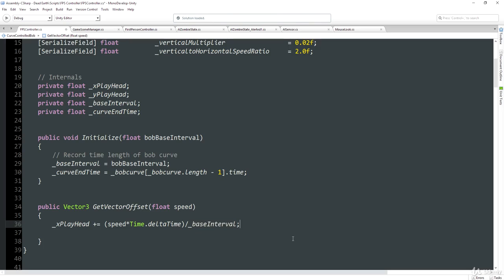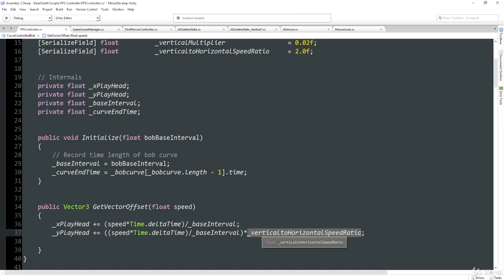Next, we want to do exactly the same to the Y playhead. So as you can see, we add on to its speed times Time.deltaTime divided by base interval. But we then do an additional multiply to multiply it by that vertical to horizontal speed ratio. Remember, this is our way of describing how fast the Y playhead should move compared to the X playhead. And you're reminded that we currently set this to 2, okay? So our Y playhead, which is ultimately going to be responsible for evaluating the speed at which our head bobs up and down, is going to move along the horizontal axis of the curve twice as quickly as the X